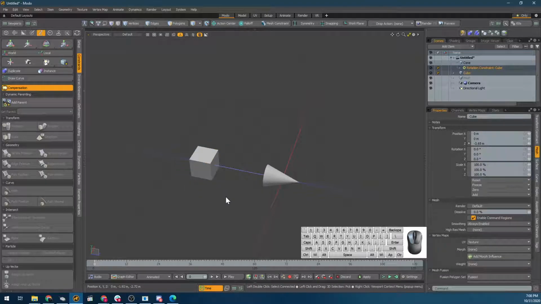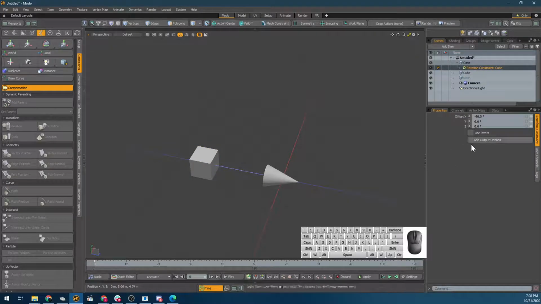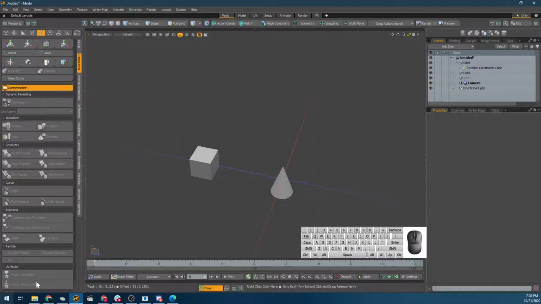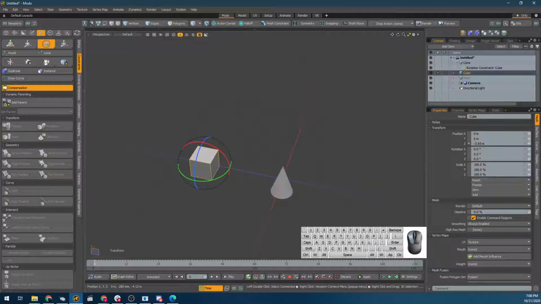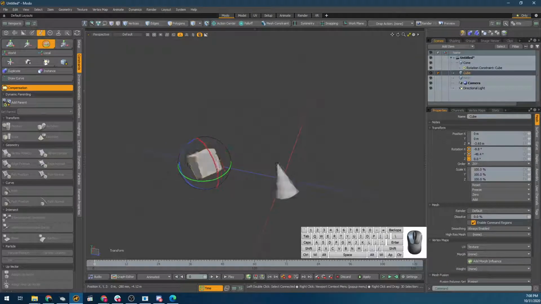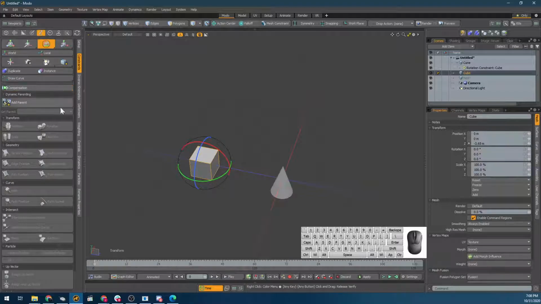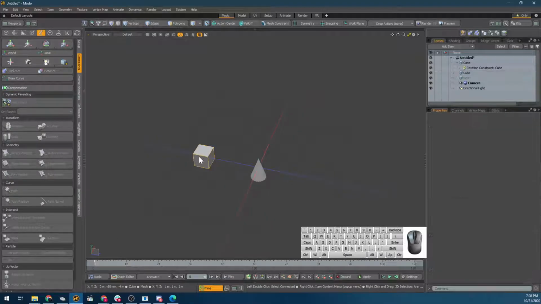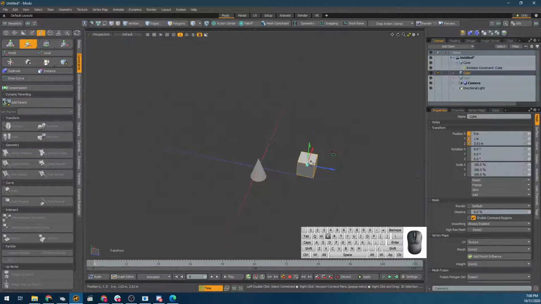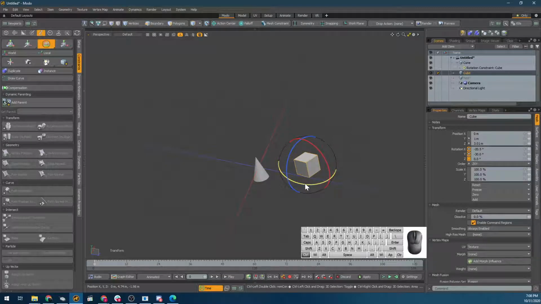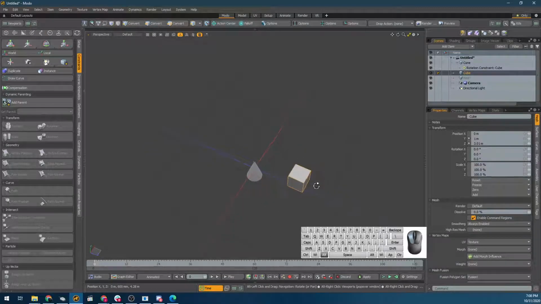You'll also notice that if we select the constraint itself, you have that offset right there. So it takes that original starting value and puts it in. If I was to set this to 0, then we're back to where we were without compensation, essentially. Okay. So right now this cube can move wherever it wants, but as soon as it rotates, both of them are going to rotate. We can also have multiple constraints, so we can say, oh, we want rotation and scale,